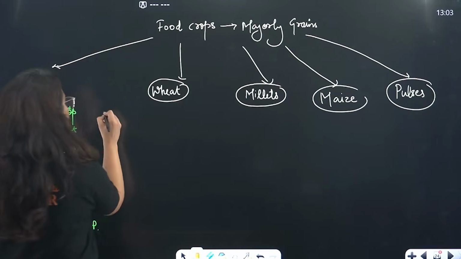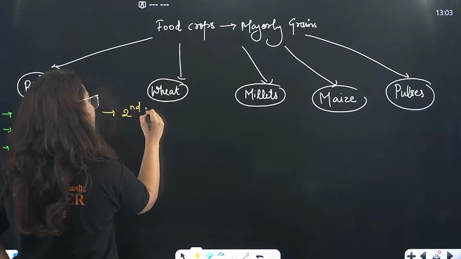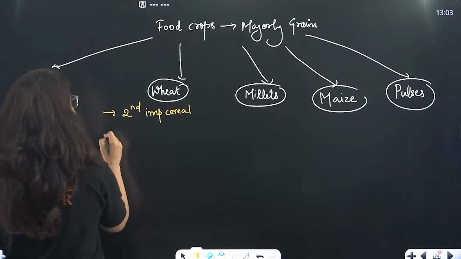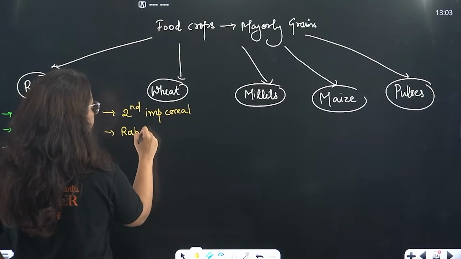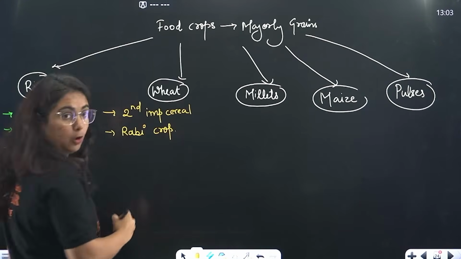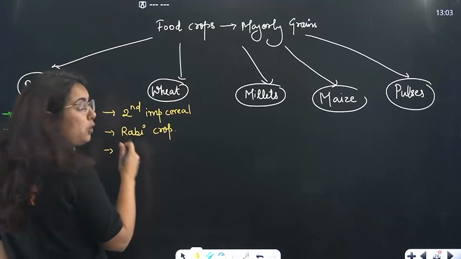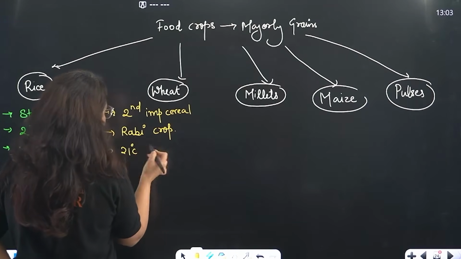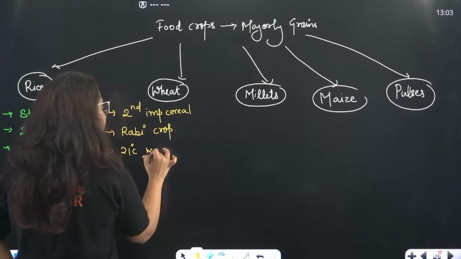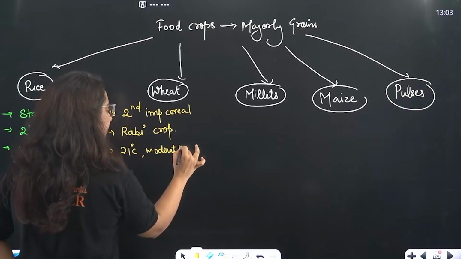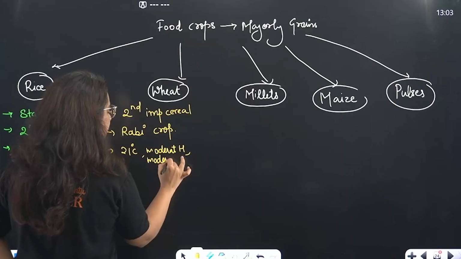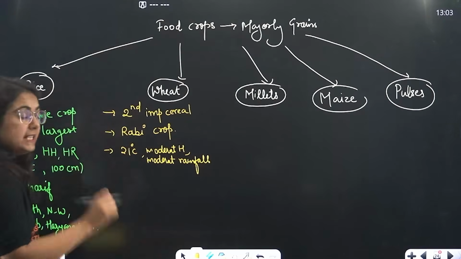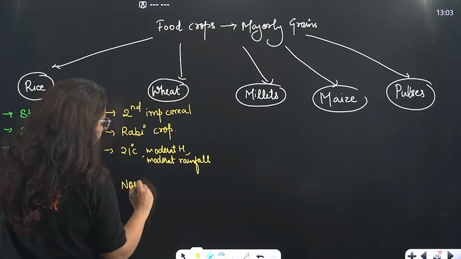Moving towards the next one, wheat. Wheat is the second important cereal crop of India, and it is a rabi crop. The temperature required to grow wheat is basically moderate, around 20 degrees Celsius. Moderate humidity is required, and moderate rainfall is also required to grow wheat. The entire parts of northern India